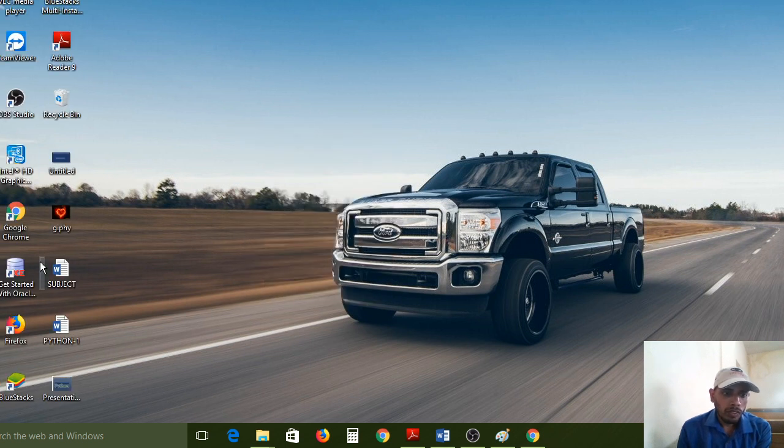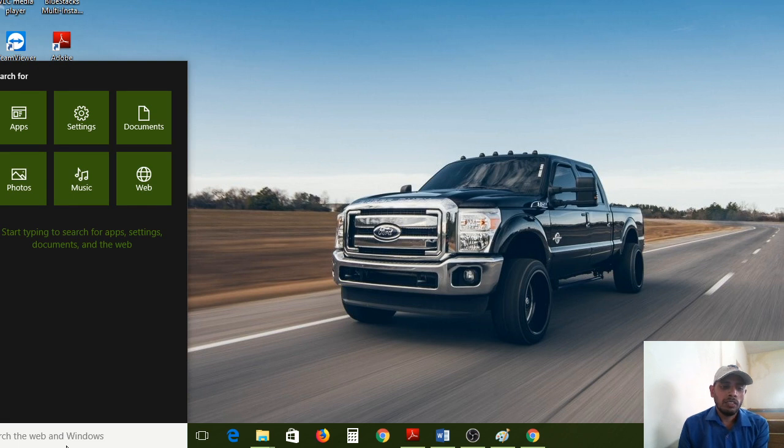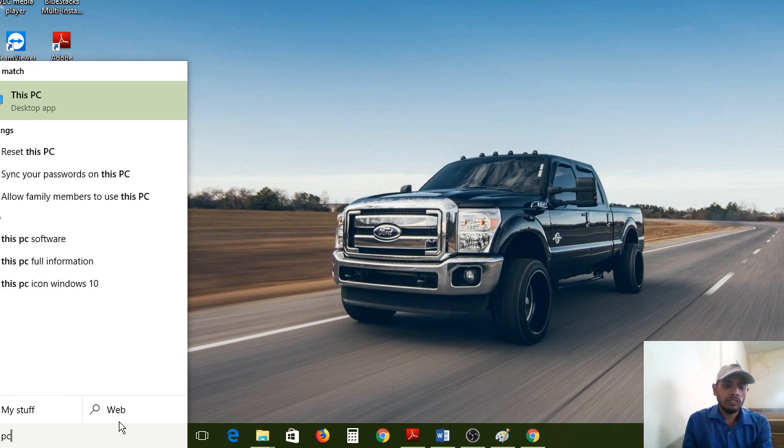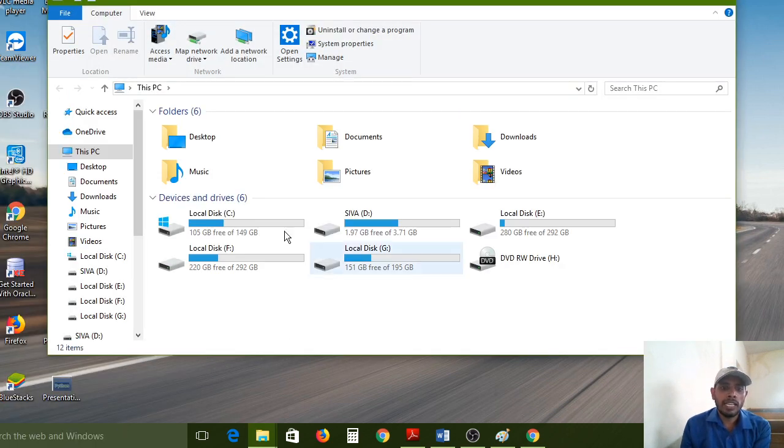First, if it is a Windows 10 operating system, in the search box we have to type This PC. If it is a Windows operating system, My Computer is already available on the desktop.